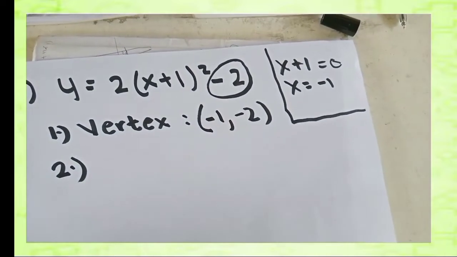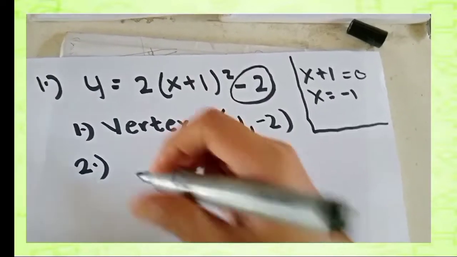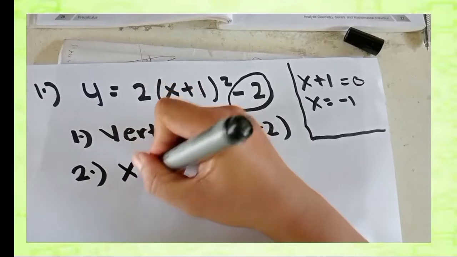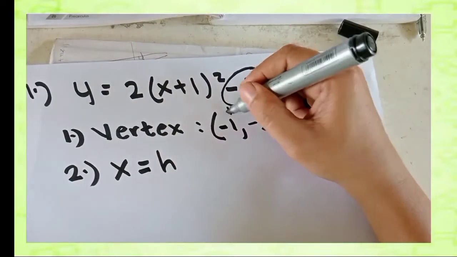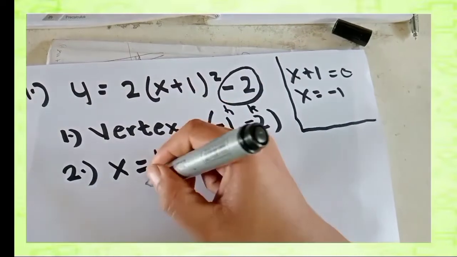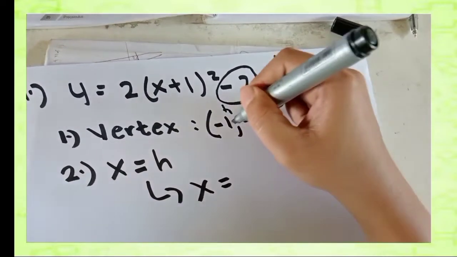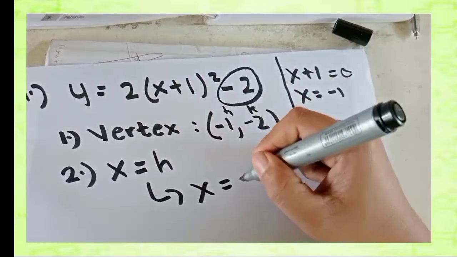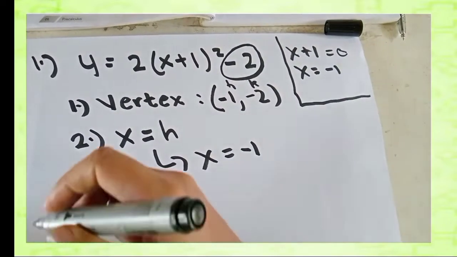Number 2, we need to find the axis of symmetry, and it can be written as x equals h. So ano nga ba ang h and k ito? So to find the axis of symmetry, write x equals to, what is the value of h? We have negative 1. Am I understood? The next